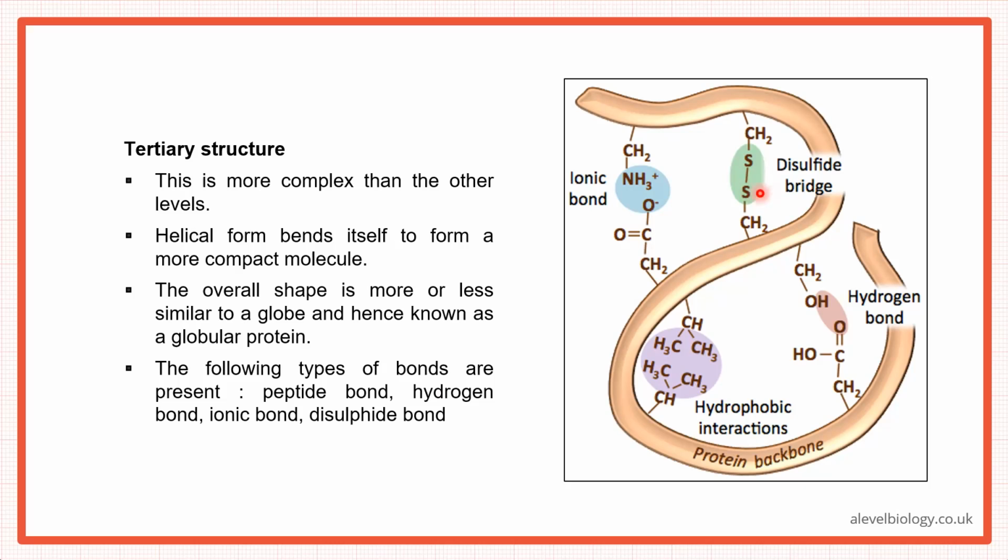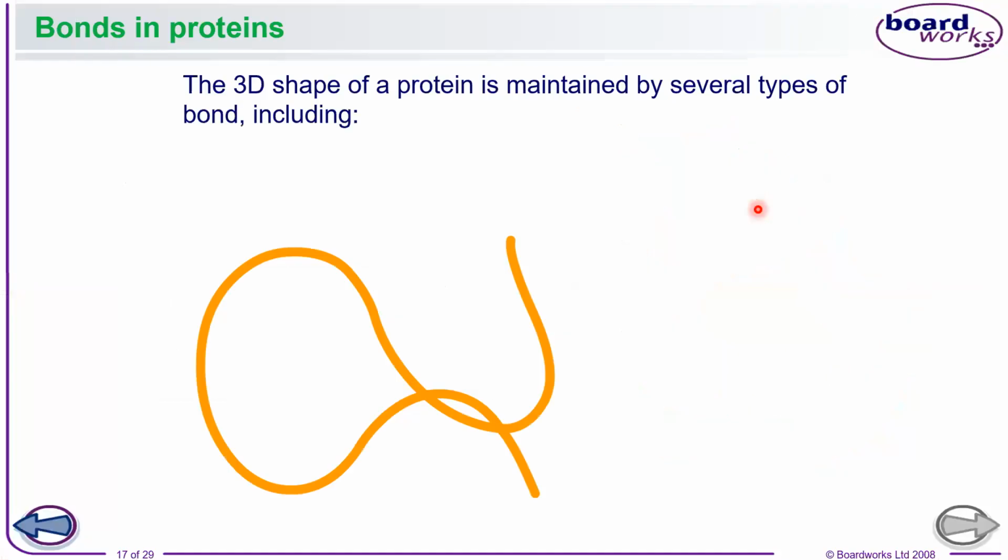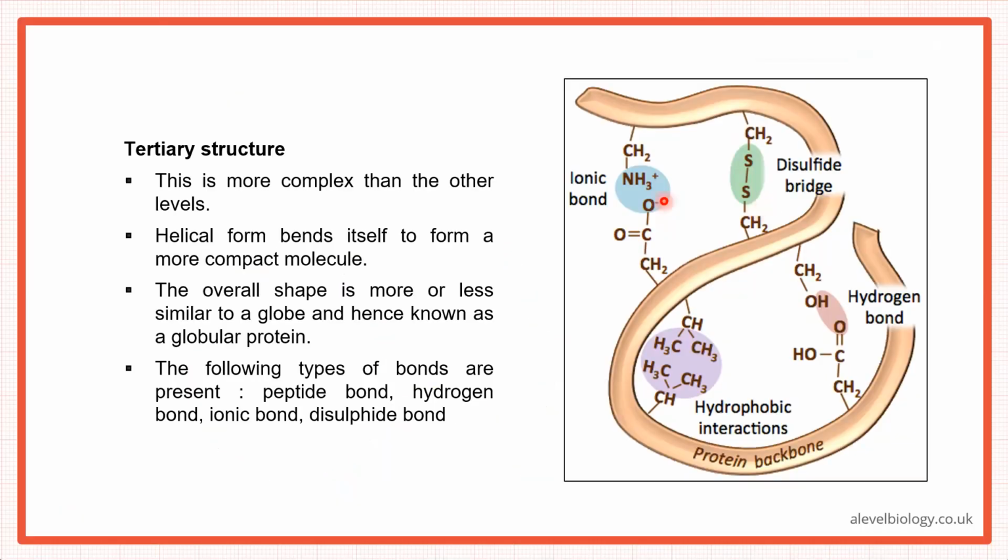So in tertiary structures we are looking for 4 bonds. Polypeptide will be there in every protein. Hydrogen bond will always be there because of the functional groups. Then we have an ionic bond, between the charged particles. And then we have the disulfide bridge there. Is it clear? Okay, so this is what holds this structure together.